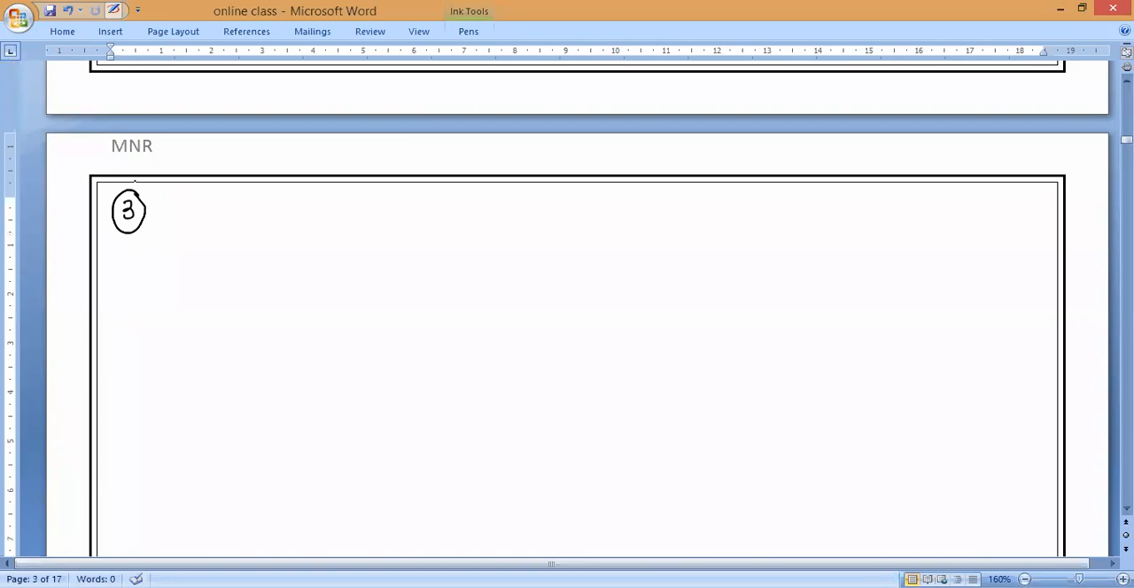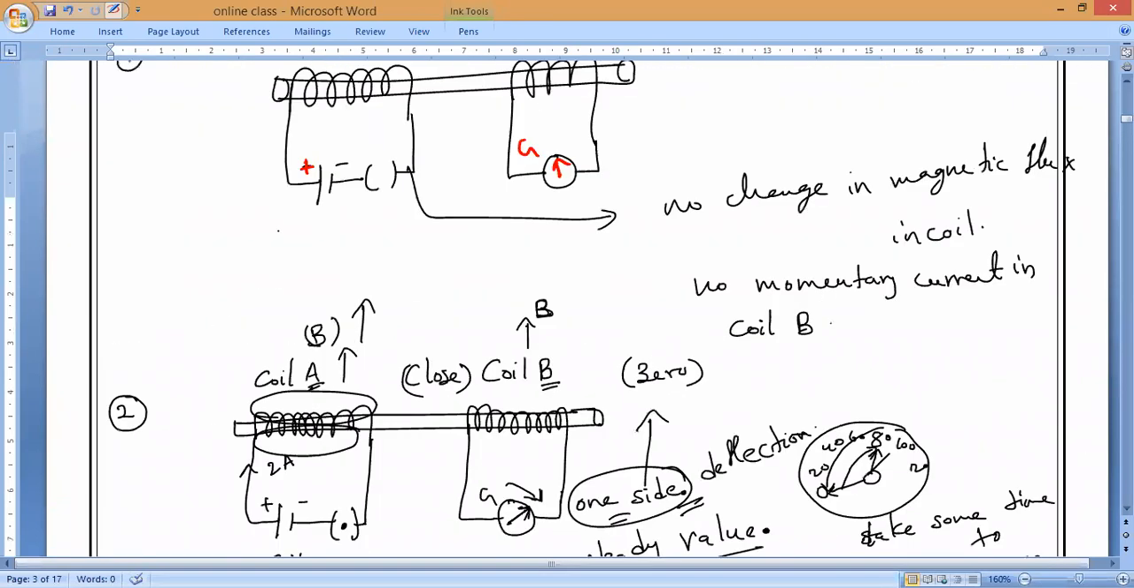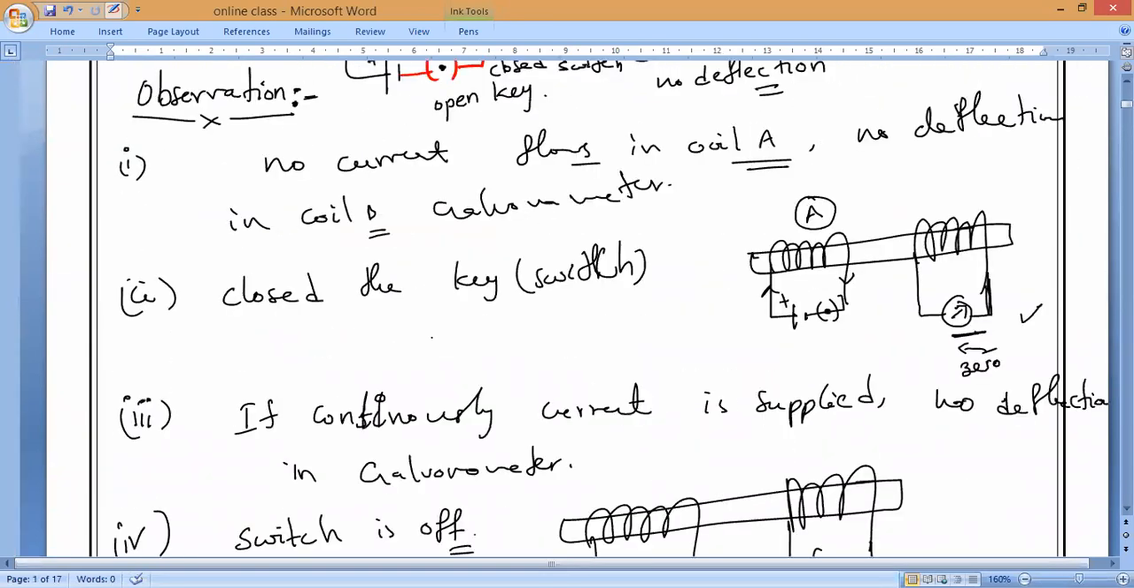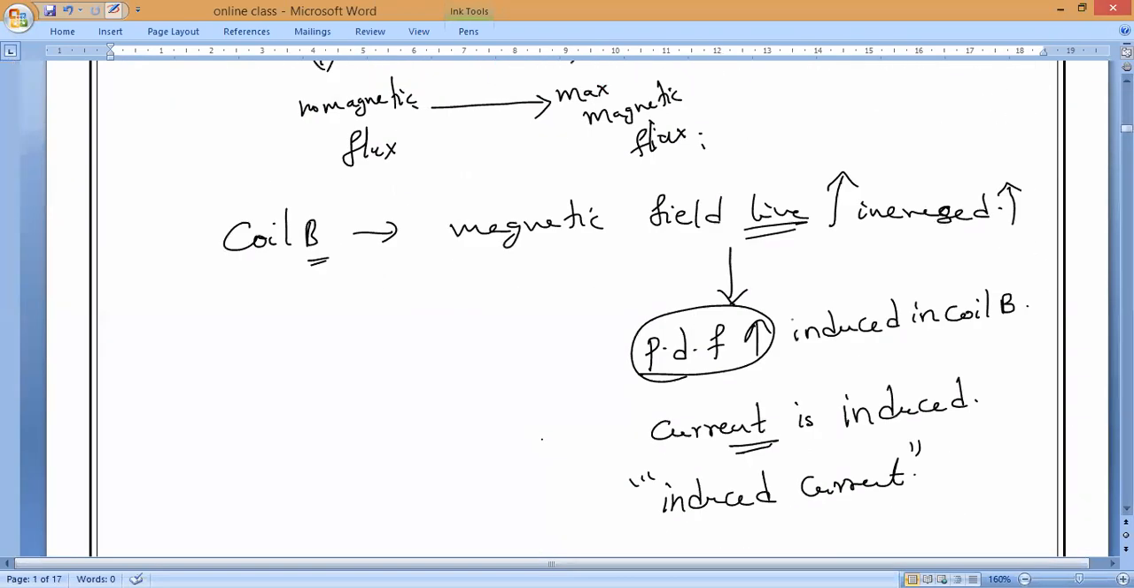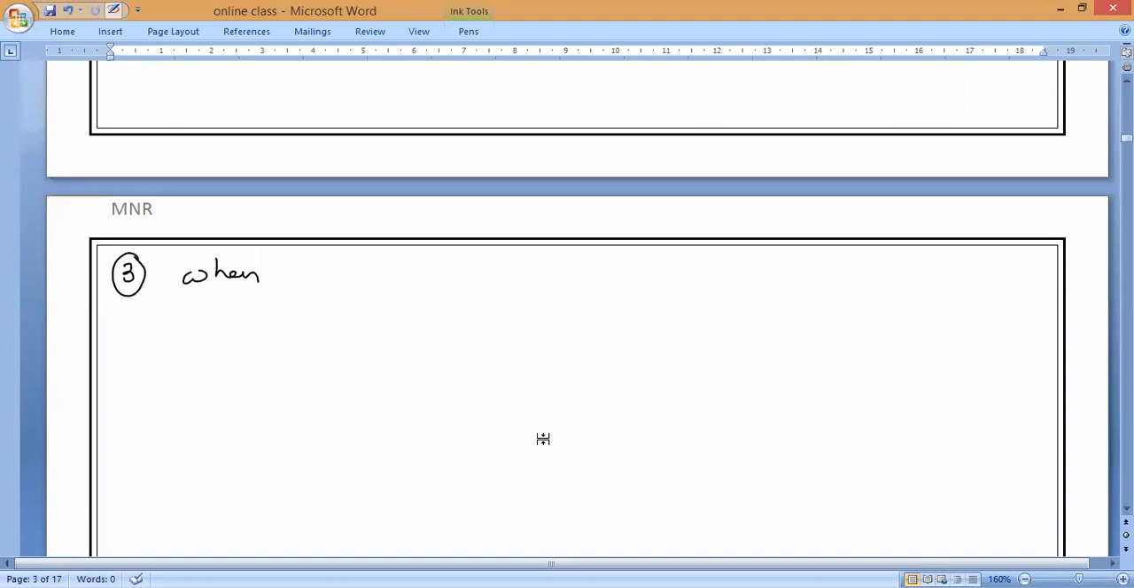Now the third point. Now the current becomes steady. When the current becomes steady, as I told you, the third observation you can notice: when the current is continuously supplied, there is no deflection in the galvanometer. All of you understand? This is very important. In the exam, they will ask this only. When the current in